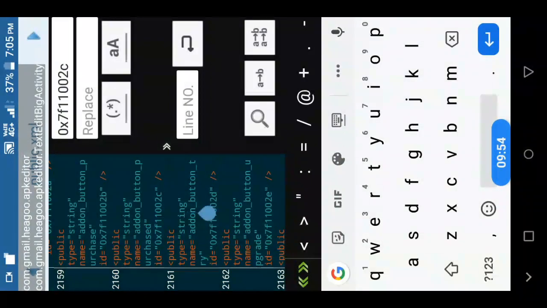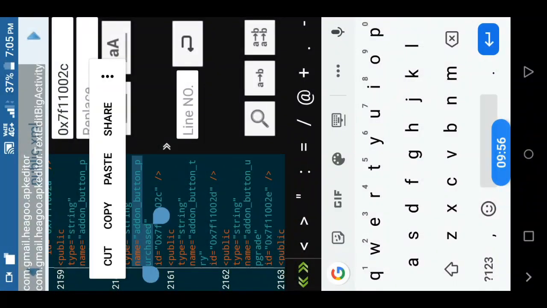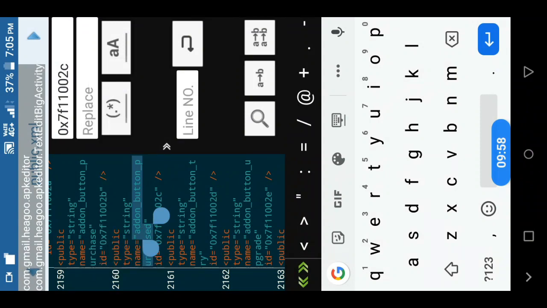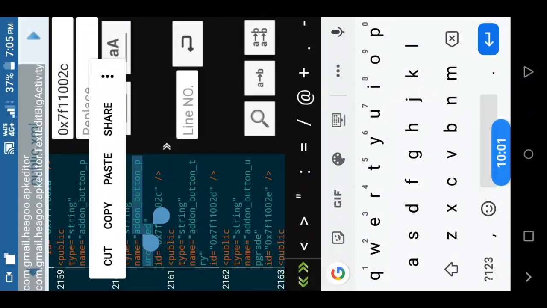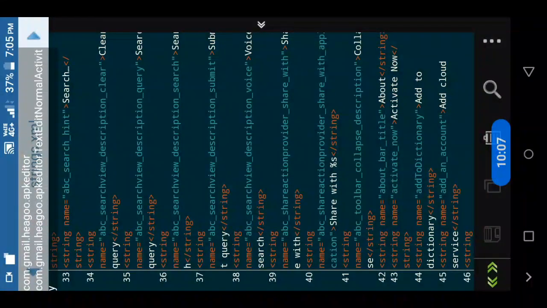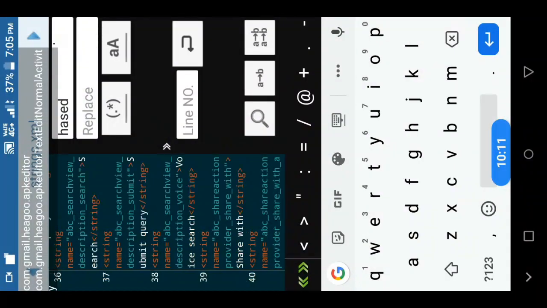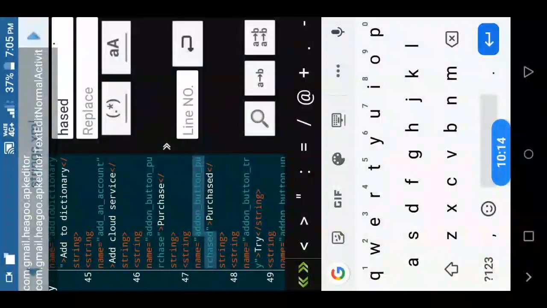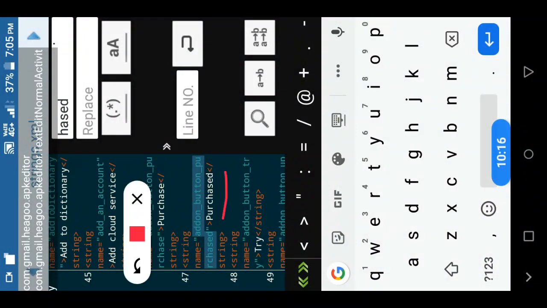Let's see what the string in add-on button purchased is. Copy. So here you can see that we have got the purchased, that means it is a successful message. The purchase successful message we have got here. So this is what we wanted.